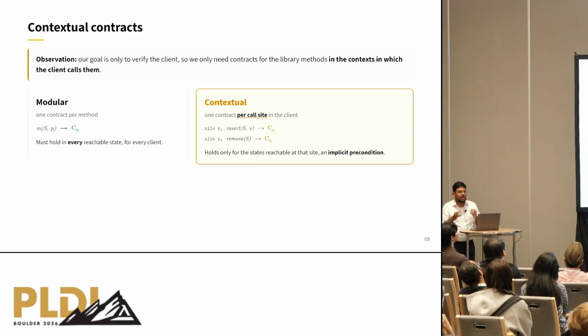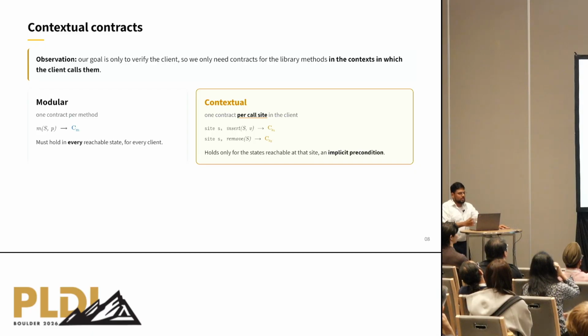You want guarantees for the client program that you're verifying, right? We've established this at the beginning numerous times. So if what you want to do is prove your client correct, then the abstraction that you need for your library really only needs to be the abstraction that you need for your client, right? You only need a view of the library insofar as it is useful to prove your client correct.